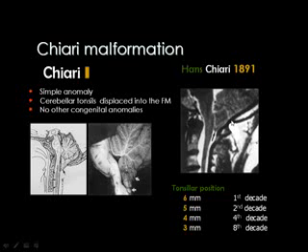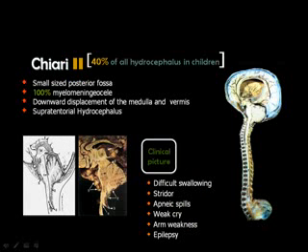You see, this is the edge of the foramen magnum, and this is the cerebellar tonsil, which has descended posterior to the cervical spinal cord. No compression of the fourth ventricle, no hydrocephalic changes, and this is a simple anomaly which may be considered a normal variant. The Chiari-2 malformation, which represents about 40% of the causes of hydrocephalus in children, has more structures descending into the upper part of the cervical spinal canal, including the cerebellar tonsils and the vermis and part